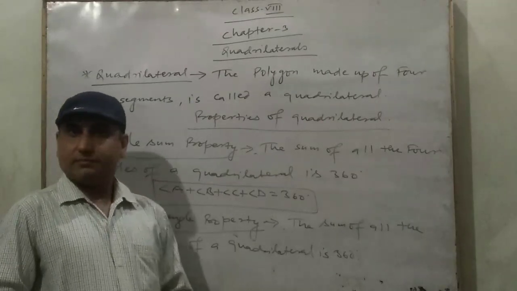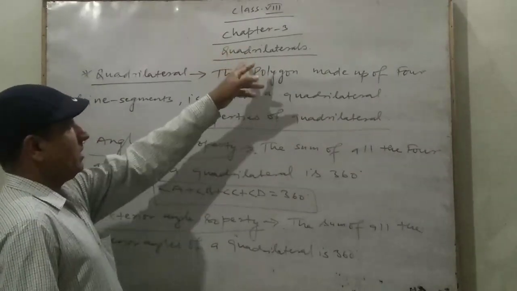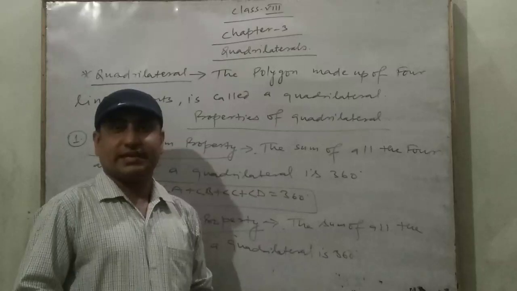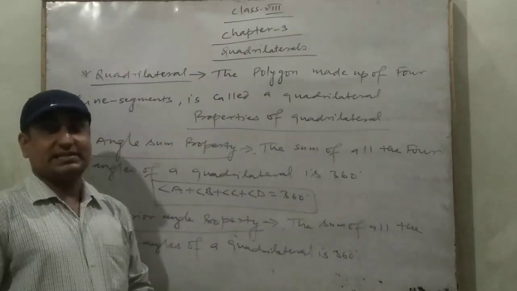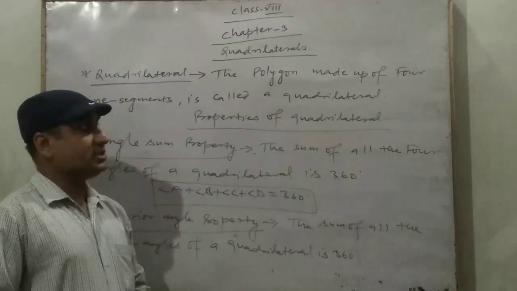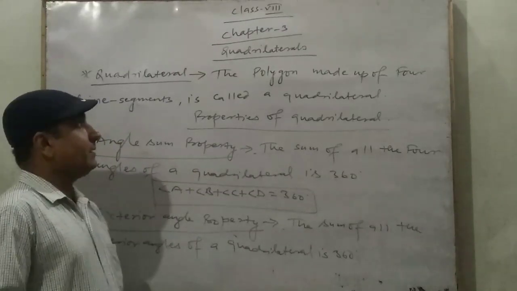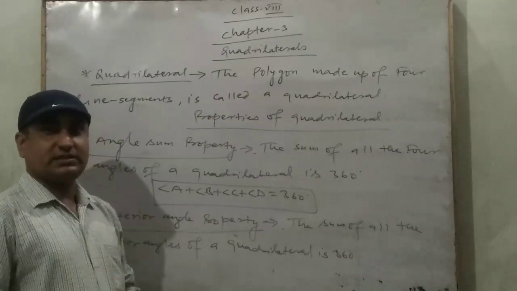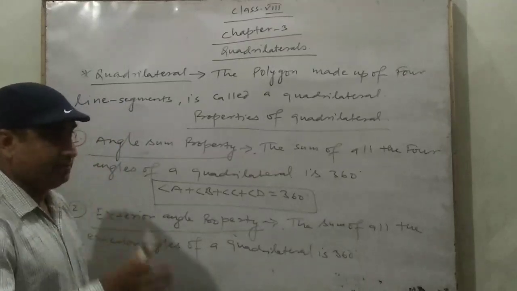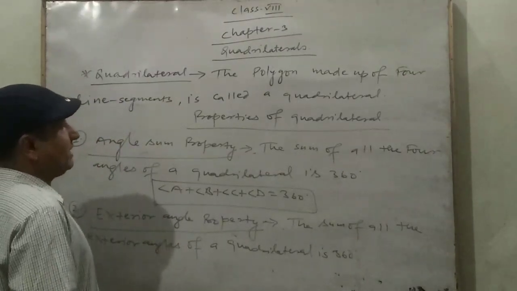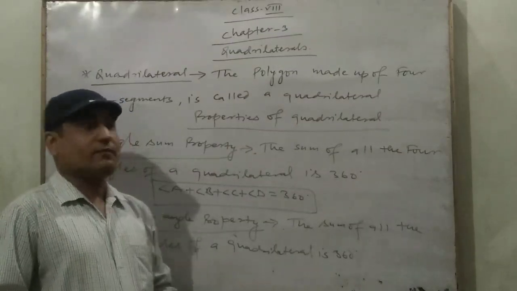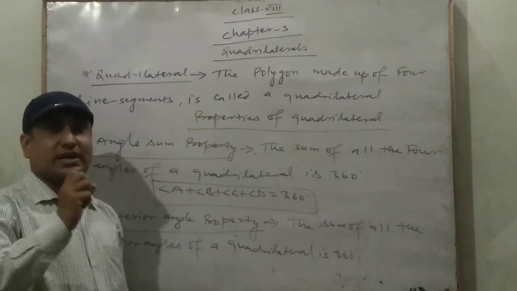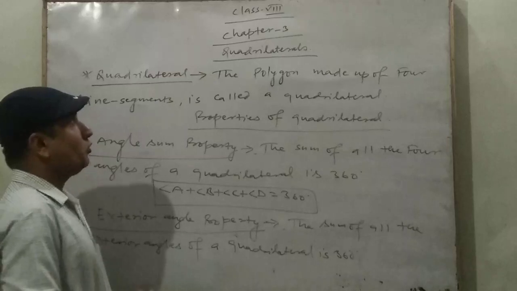Okay, students. Quadrilateral. You have to know about quadrilateral. I have told you on the basis of number of sides, quadrilateral is one of its kinds, and polygon has many kinds on the basis of number of sides, such as triangles, quadrilaterals, pentagons, hexagons, heptagons, octagons, and many more. So quadrilateral is one of its kinds. And what is a quadrilateral? The polygon made up of 4 line segments is called a quadrilateral. ये वैसा polygon जिसमें 4 sides होती हैं, जो 4 sides से मिलके बनता है, उसको हम लोग quadrilateral बोल सकते हैं.